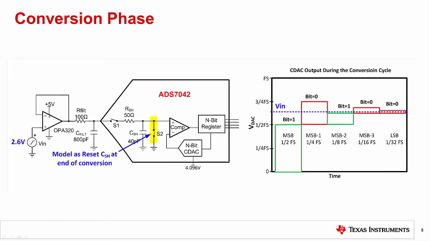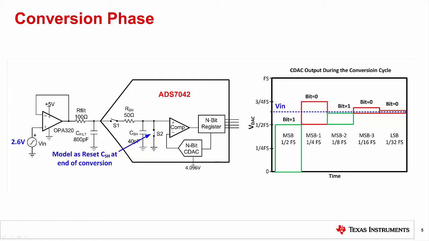The final step in our conversion model is to reset the sample and hold capacitor by closing S2. Strictly speaking, this reset might not happen in the actual converter. However, in practice, the capacitor charge is altered during the conversion process. The actual final charge on the capacitor will differ from device to device and may not be specified in the ADC datasheet.